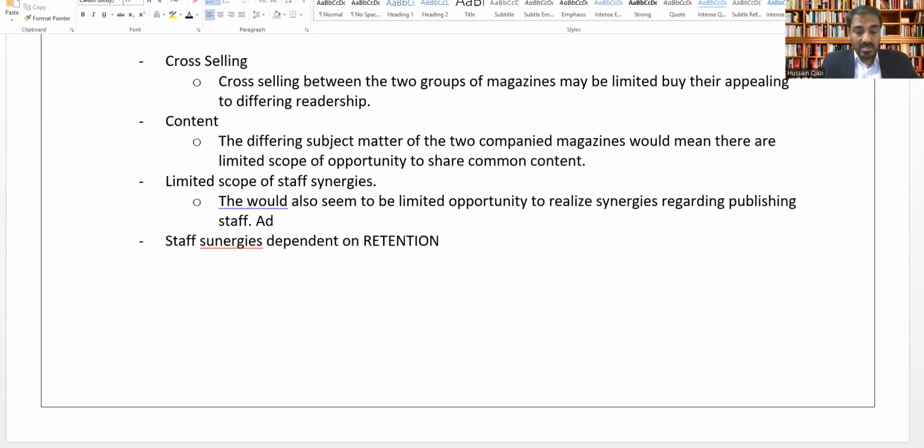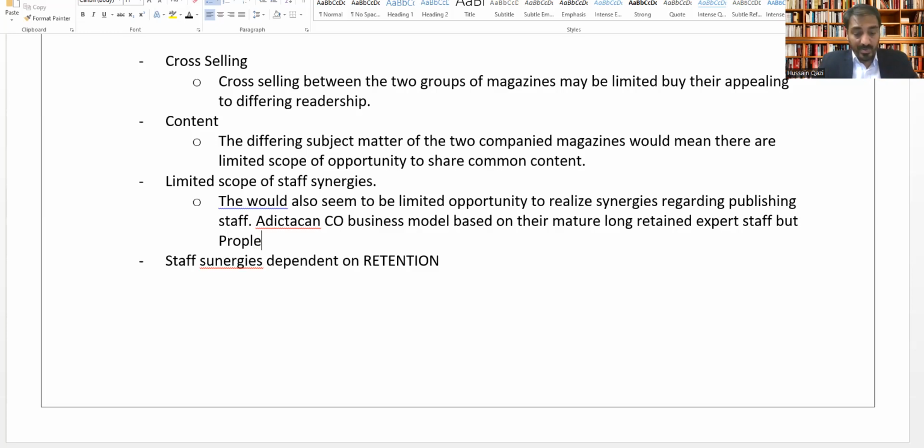The target company's business model is based on their mature, long retained expert staff, but the acquirer, Propleis, you can use the word acquirer as well, may need to develop knowledge of the sports staff,